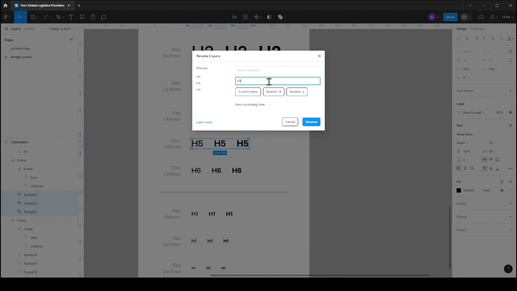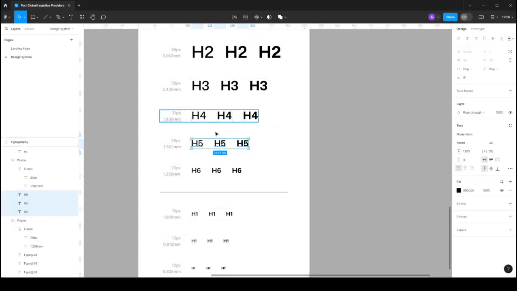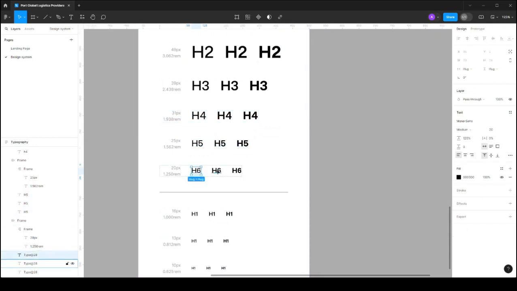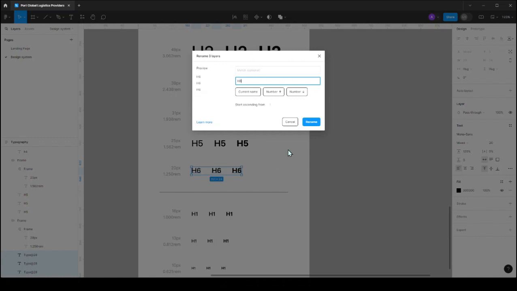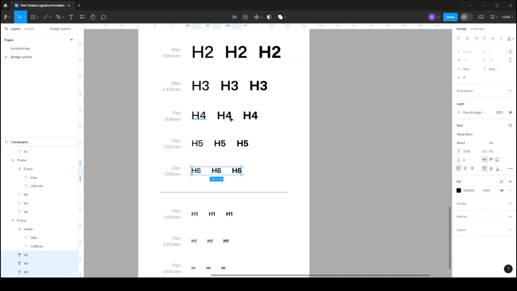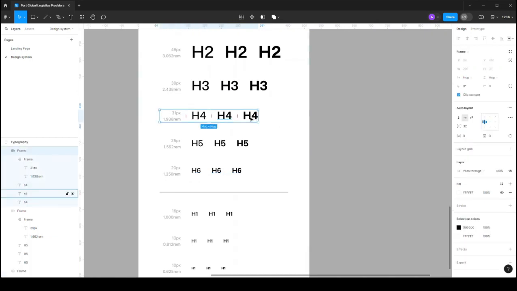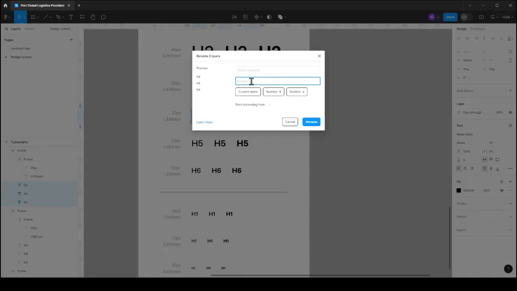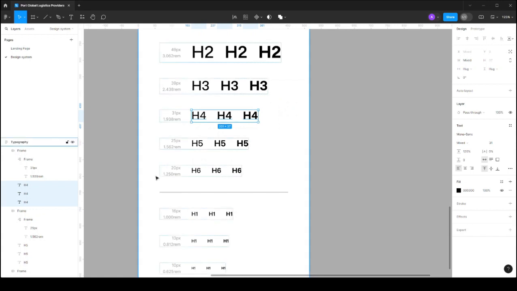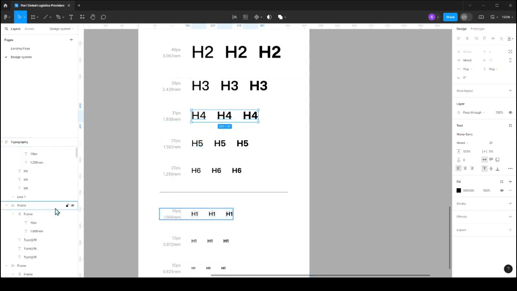H5. H6. Let's read this. H4. All right. Now, if we look across our typography panel here, under the layers, you see that we have